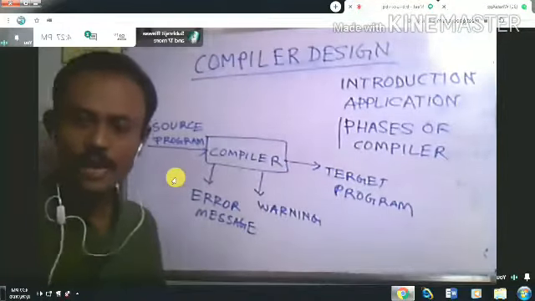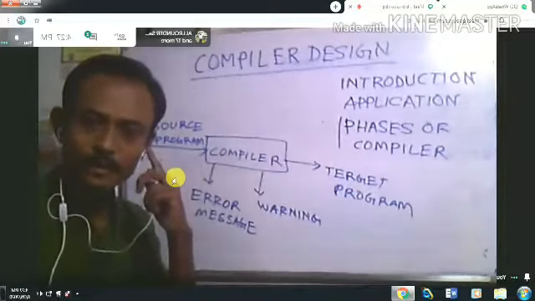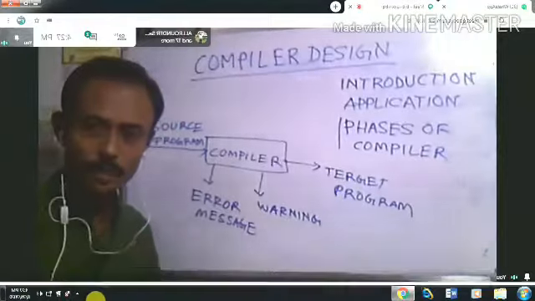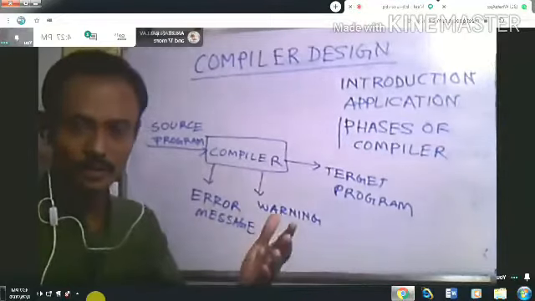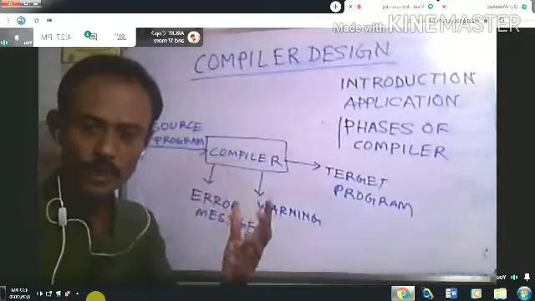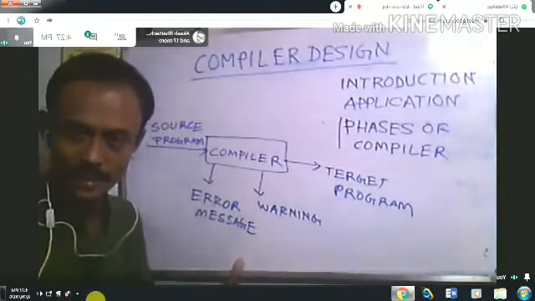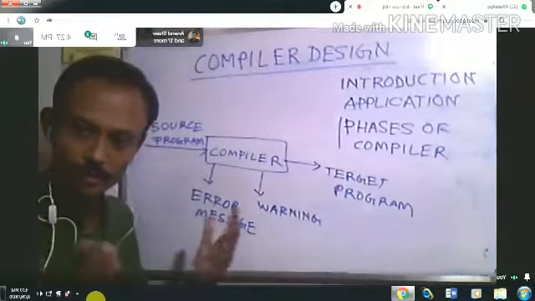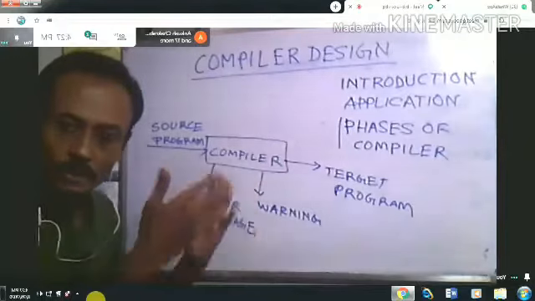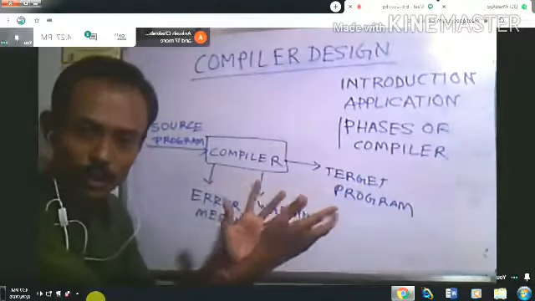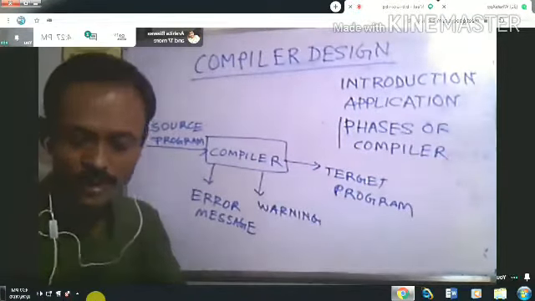Now, clear? See one thing about this compiler. So far we have the perception that the compiler is used only with programming languages. That means we have a programming language, and to execute a program in that language we require a compiler or interpreter. So this is our basic concept about the compiler. We think that the input will always be some program and the output will be some machine code or assembly code, or another type of language. But here we will see that